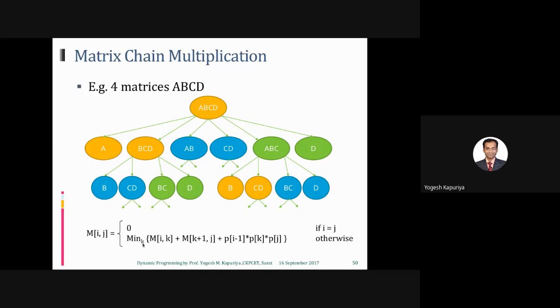What this means, let's first understand it. There is a value of k. K means the index at which you are putting the parenthesis. So k will initially start with 1, 2, and 3, something like that. So you will first find out the matrix multiplication of I and k. That means the first division is I. I means from where it is beginning. So I to k and k plus 1 to j.